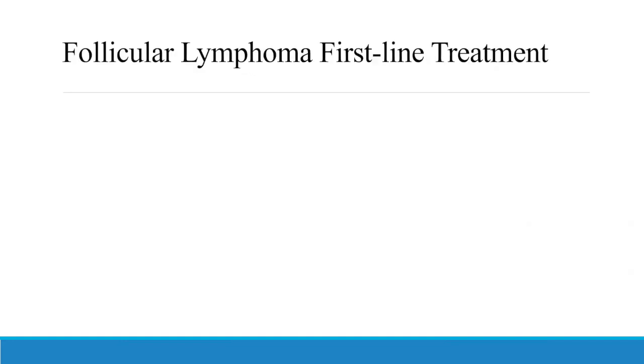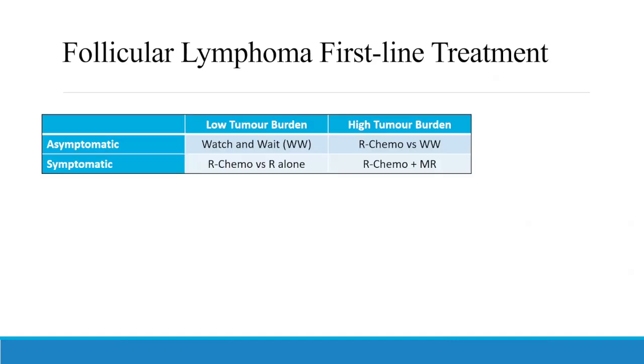When we talk about first-line treatment for follicular, oftentimes these patients don't need treatment right away. So again, these are largely patients asymptomatic with low tumor burden who get picked up, and we can watch and wait those patients for some time in the cancer clinic. When we do see that patients either become more symptomatic, so they develop constitutional symptoms, or we start to see that lymph nodes are growing rapidly and causing obstruction, then we need to look at treatment.